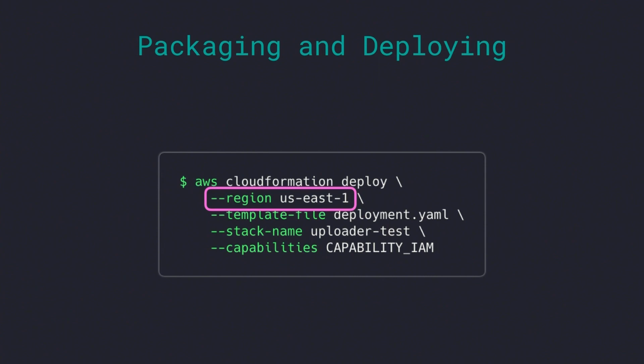Sometimes if you use the command line tools to create this file, it'll ask you to pick a default region to work in. So when you're doing things with the command line tools, it'll just assume the default region that you have in your credentials file. If you don't have a default region listed, you're actually going to need to specify it. So you just need to add a key in here, region, and then point to the region that you want to be deploying to. You only have to do this during the deploy step, because in the package step,